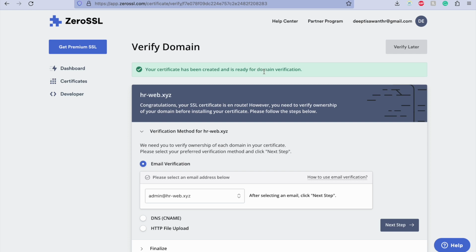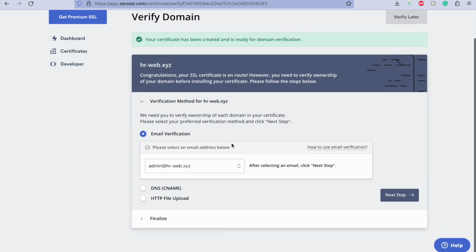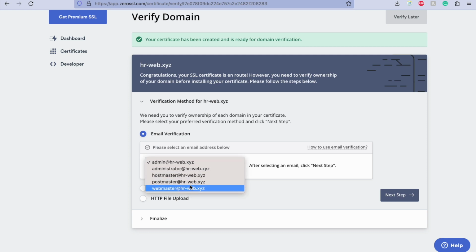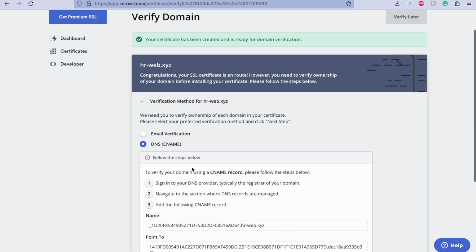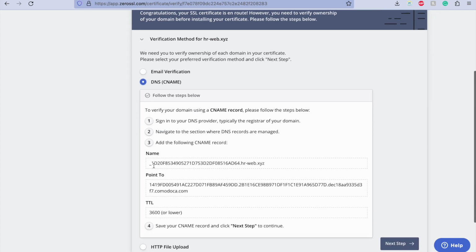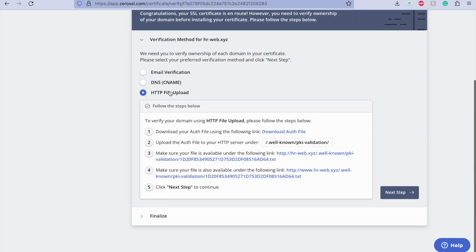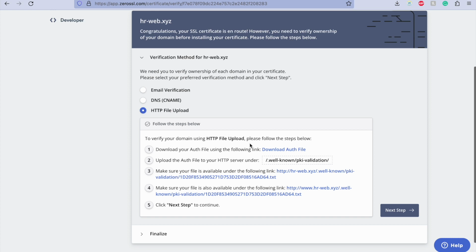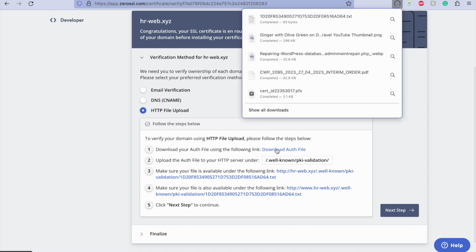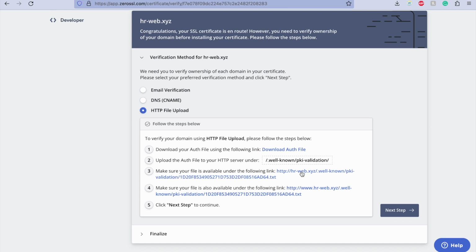Yes, your certificate has been created and is ready to use. So there are 3 verification methods. Email verification: you need to create any one email out of these 5 and they will send an email and you have to verify that. Next one is DNS, so you need to enter the CNAME in your domain name. And the third one is HTTP file upload. So in this tutorial we will use HTTP file upload. You just need to click on download auth file and it will give you a text file, and you need to create this directory